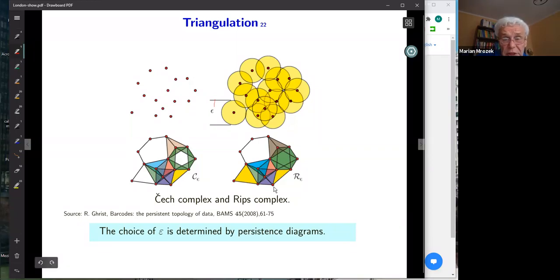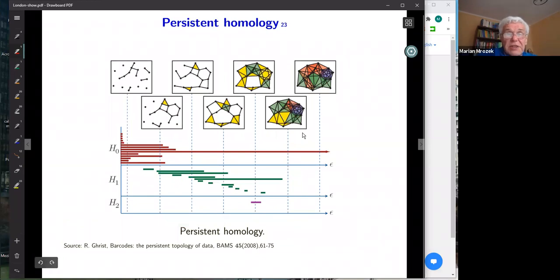And more advanced, but also more difficult in practice, computationally difficult, is the Čech complex, when you not only check the intersection of two disks, but to put a triangle, you check whether there is non-empty intersection of the respective three disks and so on. And of course, the big question here is what the epsilon should be, because your result will clearly depend on the epsilon. And for that, there is this persistent homology, which